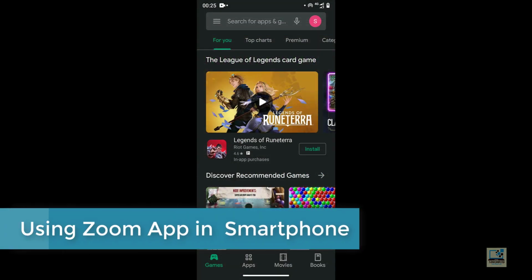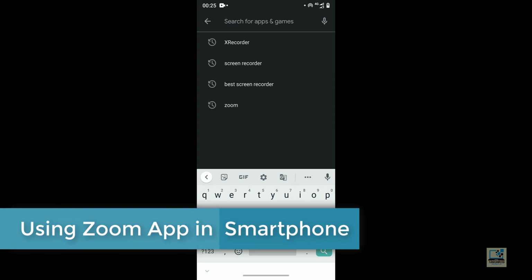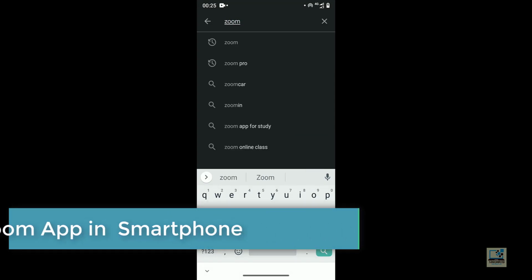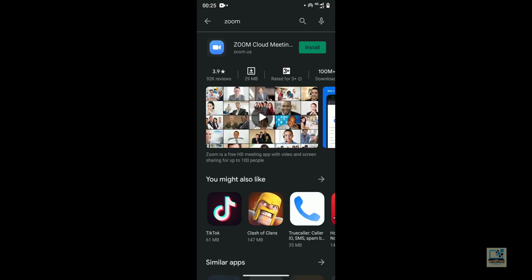Open the App Store. From there you need to download the Zoom app. Click on install. After the app is downloaded, open the app.